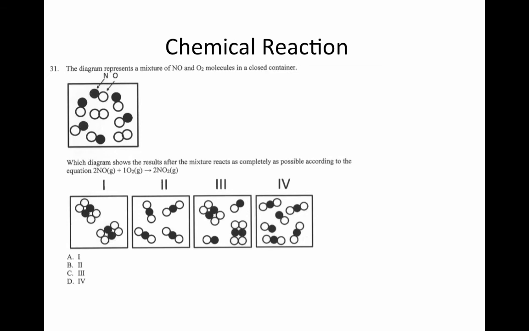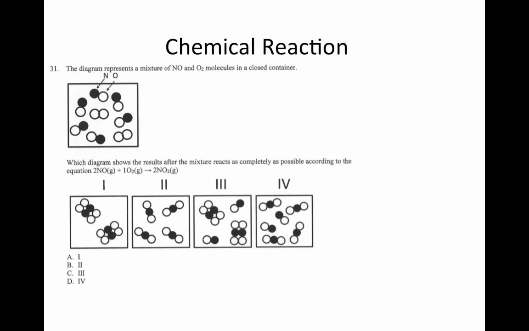This question is a particle representation picture for a chemical reaction. It begins by saying the diagram represents a mixture of NO and O2 molecules in a closed container. And we have a little key to show that the black ones are the nitrogen, the open spheres are the oxygen. Which diagram shows the results after the mixture reacts as completely as possible according to a balanced chemical equation